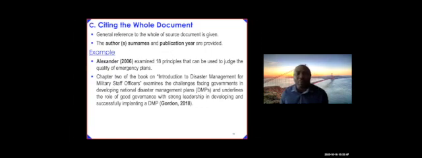Chapter 2 of the book examines the challenges facing government in developing countries in developing national disaster management plans, and underlines the role of good governance with strong leadership in developing and successfully implementing a disaster management plan. That statement is an overview of that chapter, which is on, I think, disaster risk reduction in that book. So you can make that statement, and then you quote Gordon 2018, so that gives an overview of that chapter